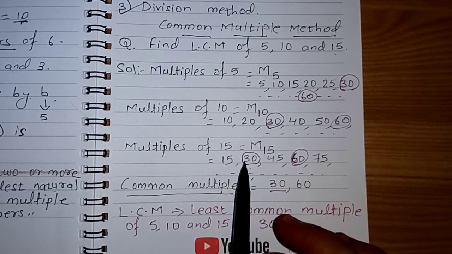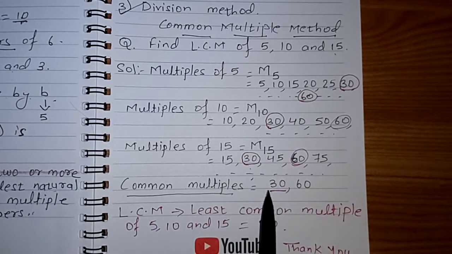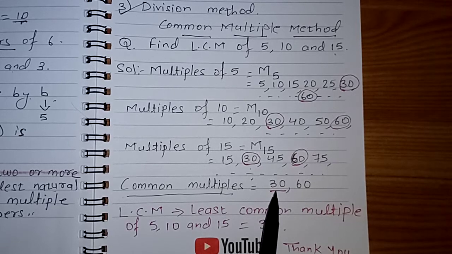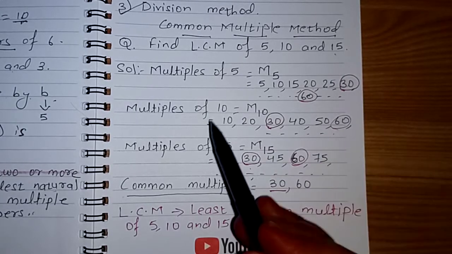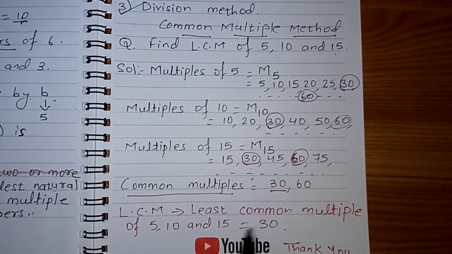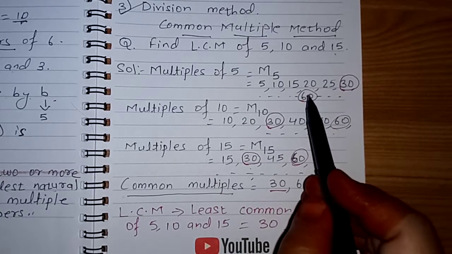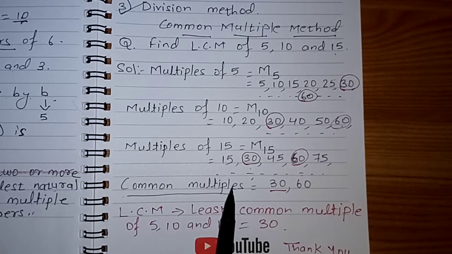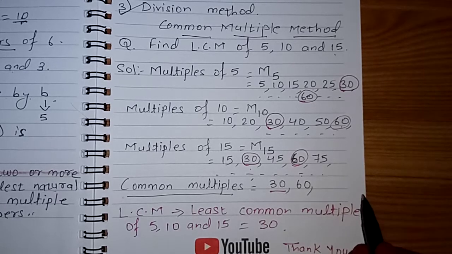Here also 30. So 30 is the smallest number which is divisible by 5, 10 and 15. Next 60. So common multiples are 30, 60, and not only 30 and 60,